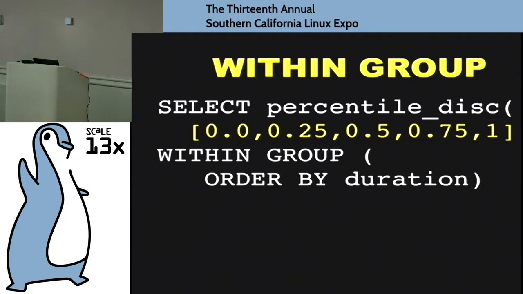So in here, we're selecting a percentile, that is a percent of the set. We're selecting an array of percentiles, 0, 25%, 50%, 75%, 1, within a group, and we're giving it an order. Generally, you're ordering it by the value that you're doing the operation over, but not always.